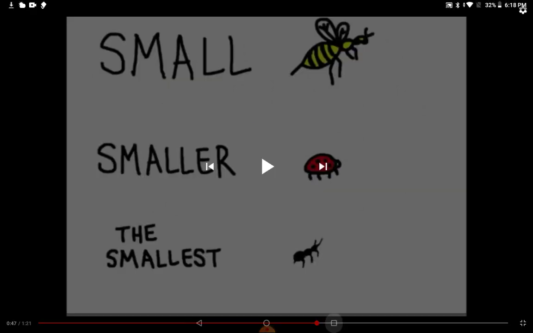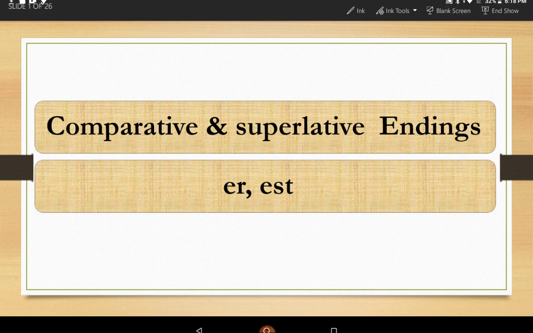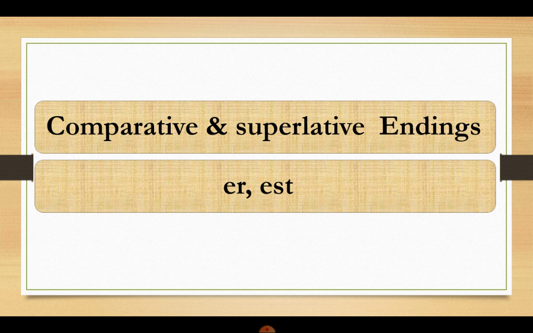Now, let's start our lesson for today. My dear students, as usual, I'm going to show you some sentences and I need you to read each sentence carefully and try to find the word with er or est. We have to find a comparative or superlative word with ending er or est. Are you ready, my dear? Here we are. The first sentence is